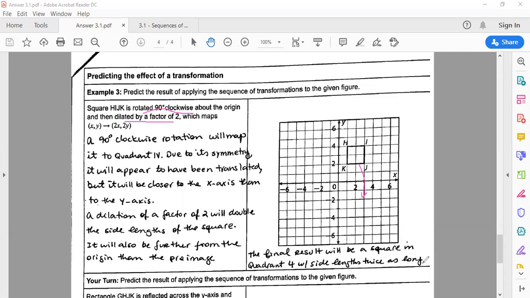So if you need to, you can always find the points, okay, and actually do the transformations so that you can figure out where the figure is going to end up, and then you're able to describe in words what's going on with the